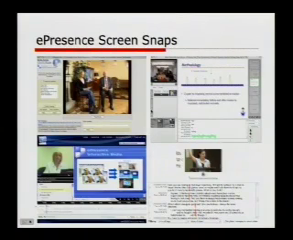screen snaps. On the upper left is an ePresence event that we did recently in Malaga, where we were bridging using video conferencing technology to link Mikhail Gorbachev sitting in Moscow to Malaga, and then capturing that with ePresence and broadcasting that worldwide. In the lower right, you see an interesting use in an educational sense, in which we've been